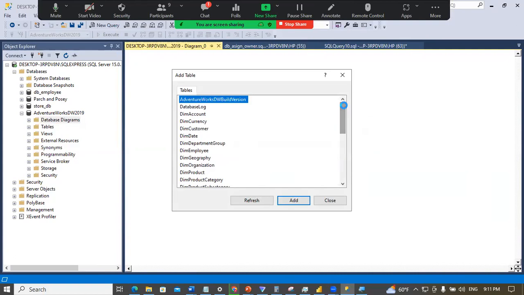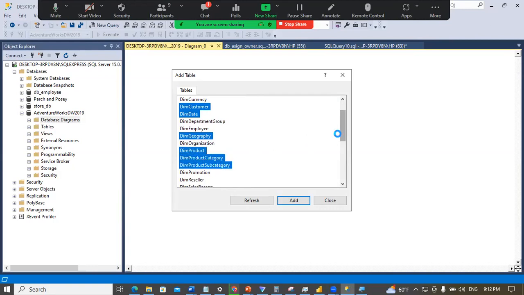So remember the tables we worked with. We said we'll need the customer table. So I hold control, the date table, we'll need the geographic table. So we'll need all the product information. They are spread across 3 tables. So we'll need product, category, and subcategory. And then we'll need,